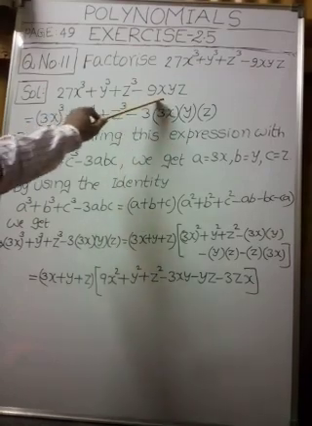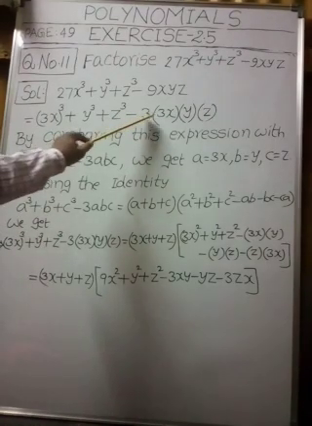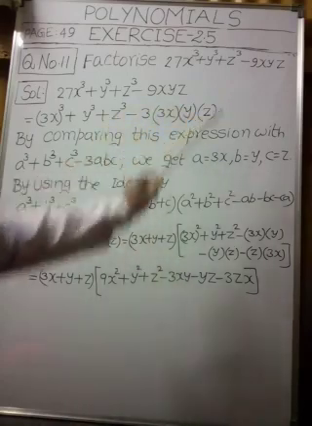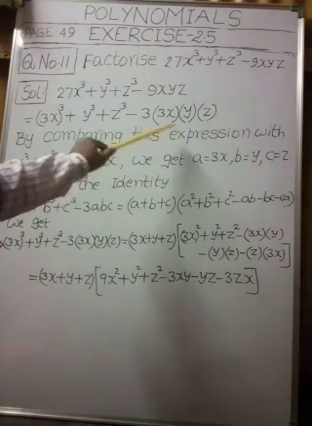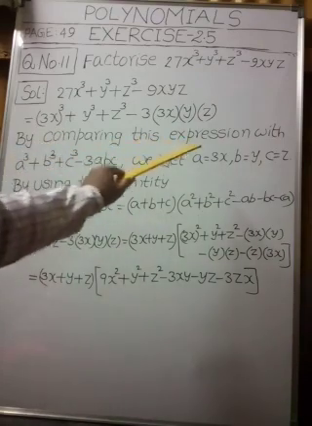And come to the last term, 9xyz. I am writing this term as 3 of 3x into y into z. Can we write it or not, the last term? According to our convenience, we are writing the terms of the algebraic expression. Understood this step, my children? Right. Now by comparing this expression,